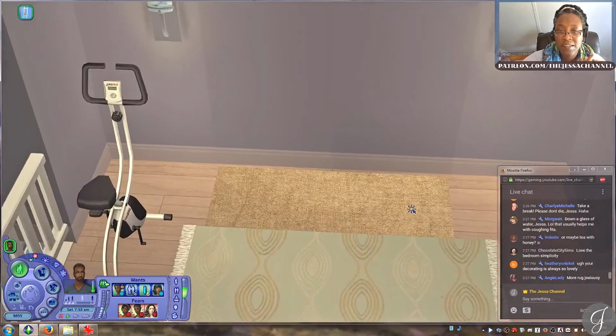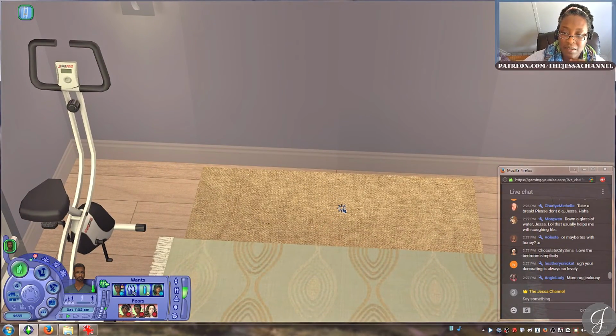And then over here is that wonderful fitness mat by